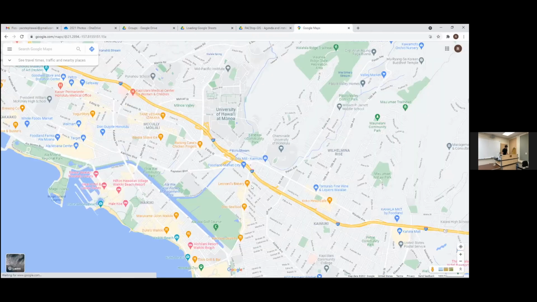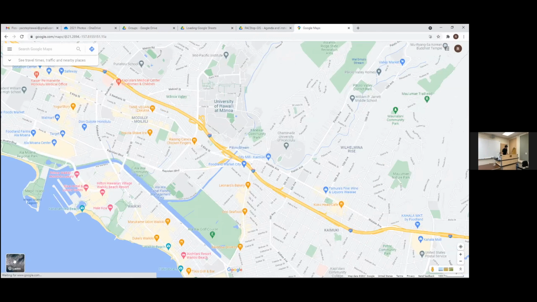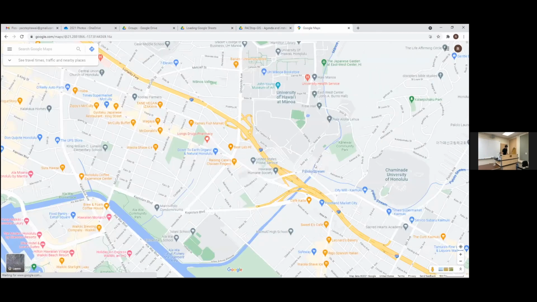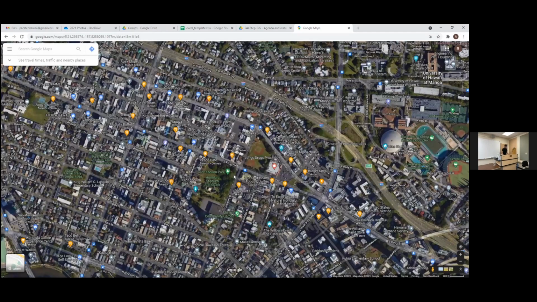Then I'm going to go to Google Maps, and I'm going to zoom into our intersection, which is right here. Okay. And then maybe I'll switch. I just personally prefer the satellite view. Okay, so we're going to think about what type of services